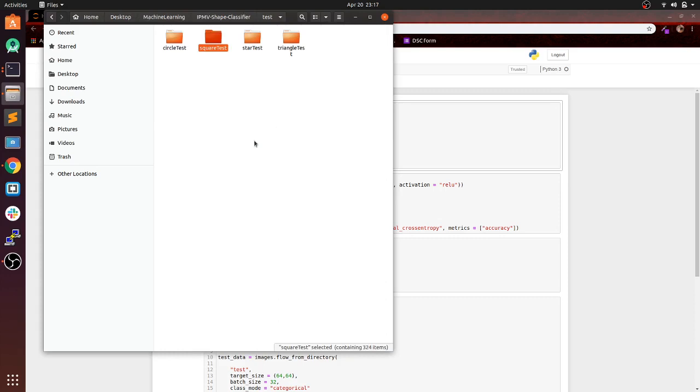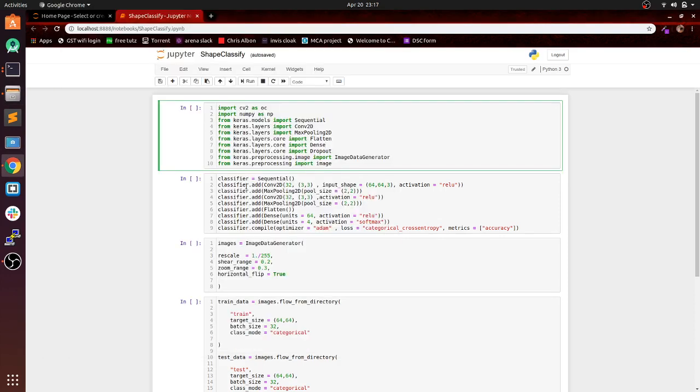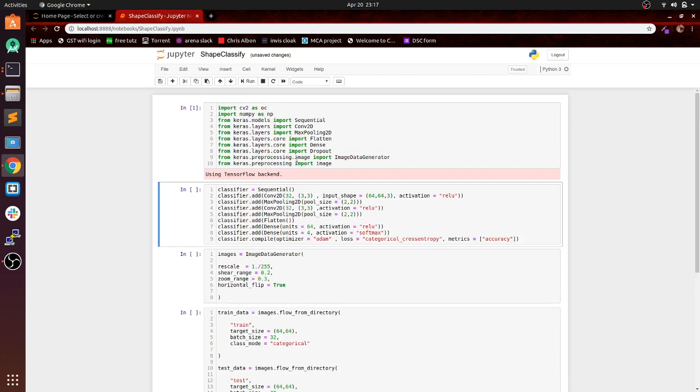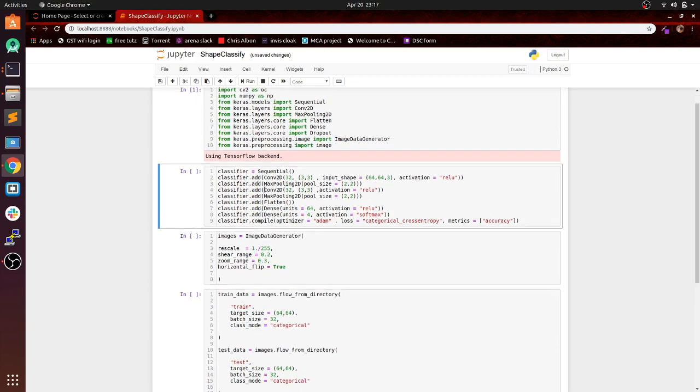Now we will open our code on Jupyter Notebook. I have written the code in blocks to ease out the reading. The first block contains the 3 main libraries that we'll be using. First is CV2, which is OpenCV, which we'll be using to modify our image. Next is NumPy, which we will use to extend our test image, and the last is Keras, which we will be using to create the neural network. So let's import the libraries. We'll be using TensorFlow backend.